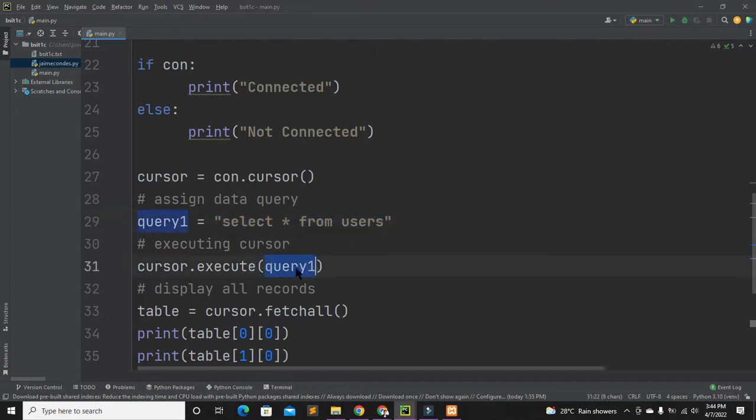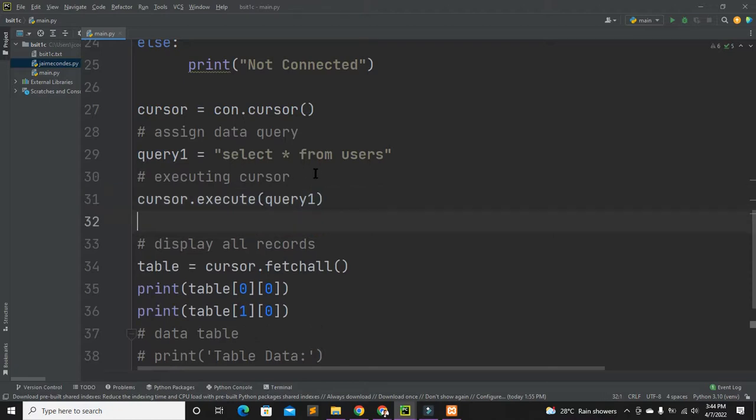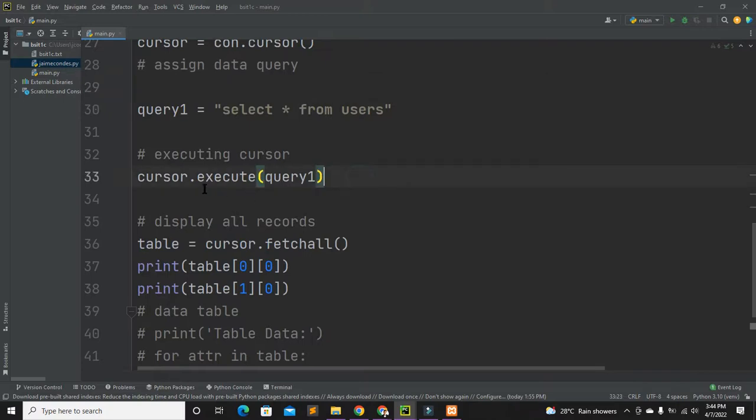Kani siya users. Cursor.execute. Separate. Okay. Cursor.execute meaning to execute the query ngadto sa ato cursor sa ato Mysql,